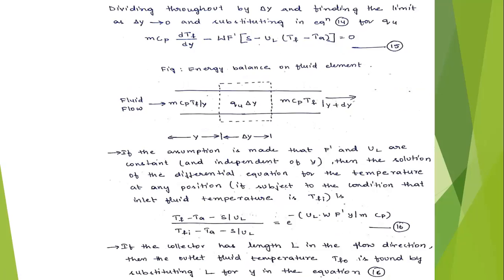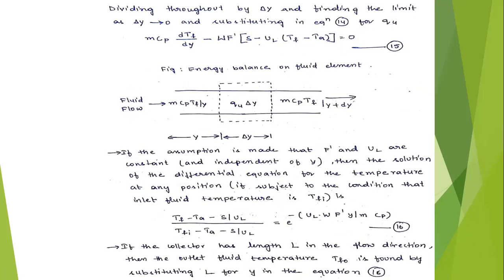Dividing the equation throughout by delta Y and taking the limit as delta Y tends to 0, substituting the value of Qu from the earlier equation 14,